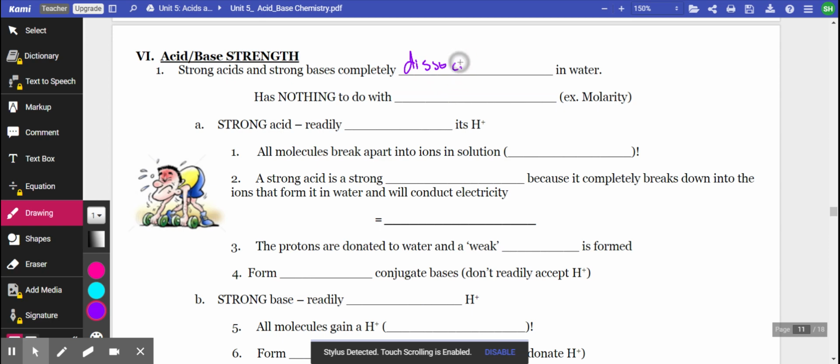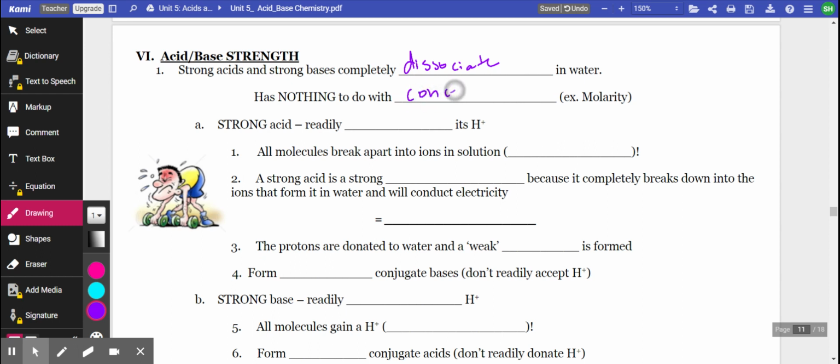in water. Okay, so remember, this has nothing to do with concentration. So you can have an acid that's a weak acid that has a very high concentration. Okay, so what's between a strong acid and a weak acid? Strong acids are going to readily donate